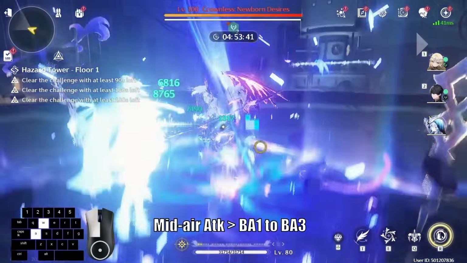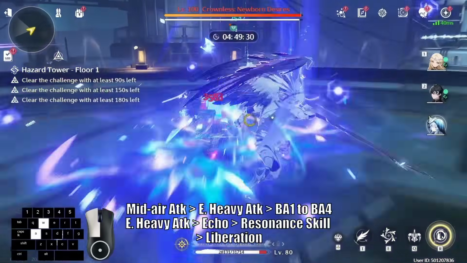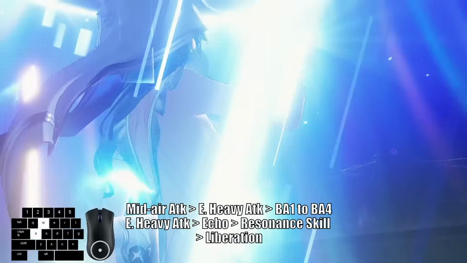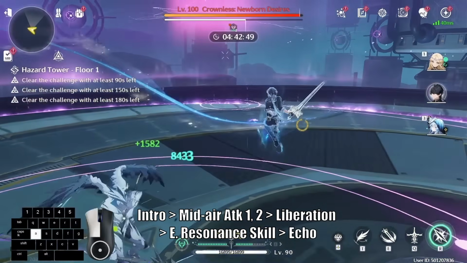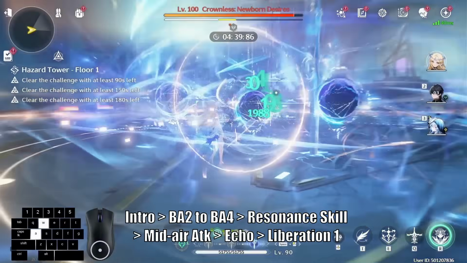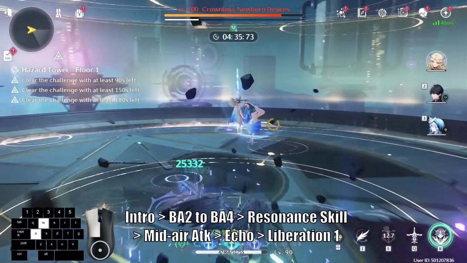Resonant skill, get 2 erosion stacks, and then we're gonna switch, and then midair attack, and then full sequence with Shorekeeper, and then let's set up right here. Switch into Aero Rover right here. Intro, enhanced midair attack 1, 2, liberation. And then let's use our enhanced resonant skill, echo, switch to Cartethyia, basic attack 2, 3, 4, resonant skill, echo,